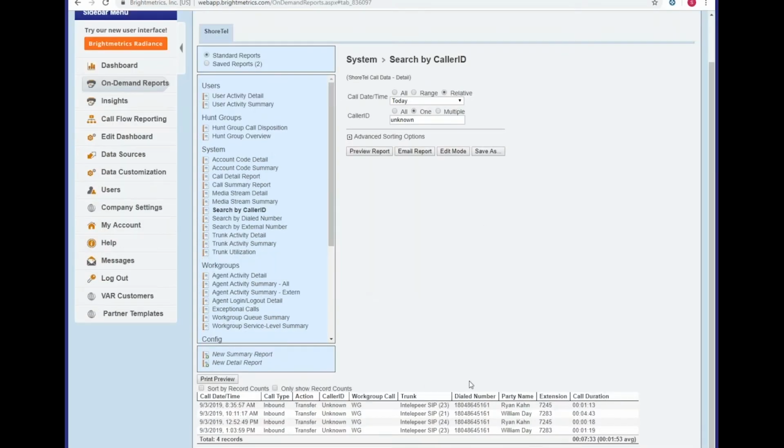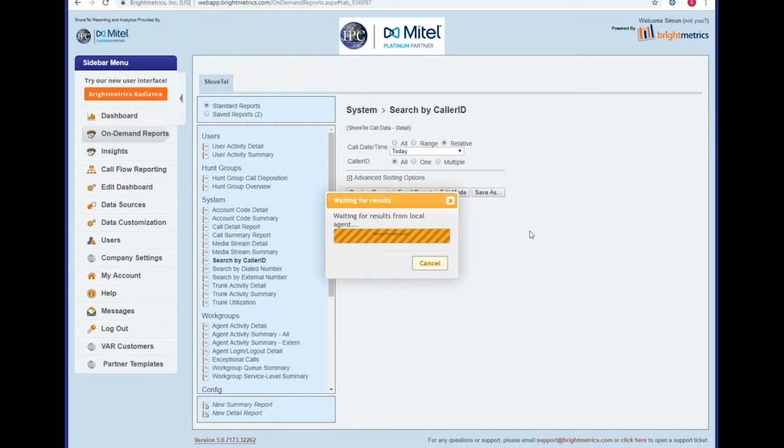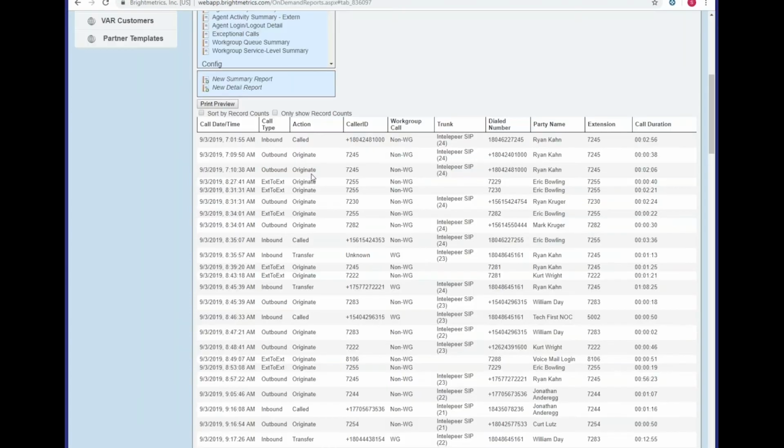And once the report generates, it can show you every single call that came in without a caller ID. That's a little advanced. You'd likely have to know to search unknown. So if you're not sure, you can always select the all option in the filter. And when you preview that report, it's going to show you every call that came in today